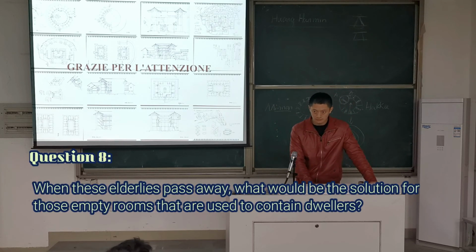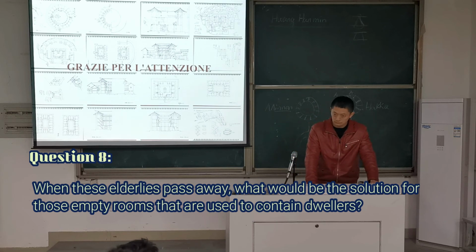The next question is, when these elder people pass away, the solution is maybe to put other people to live there, or make something different to